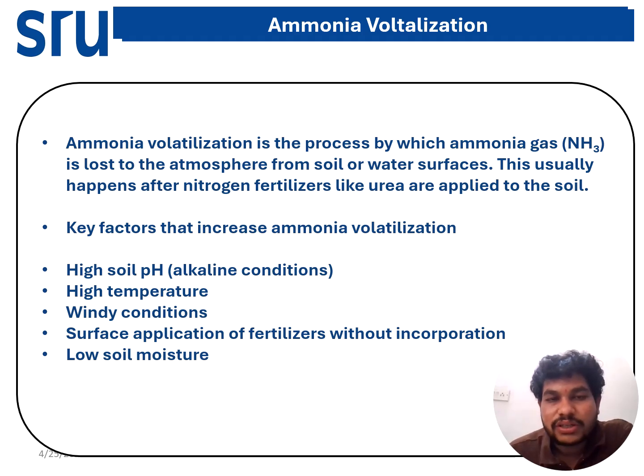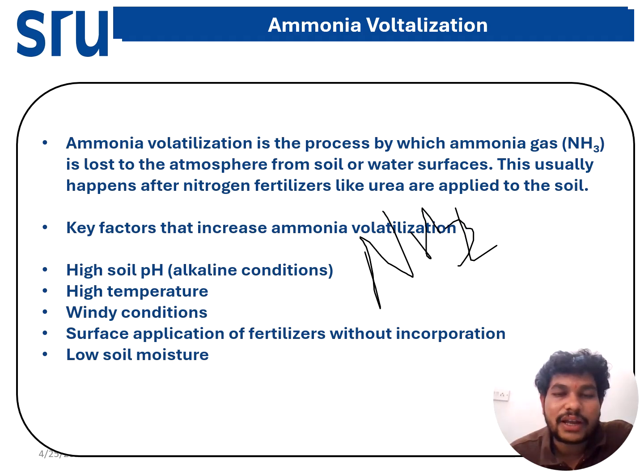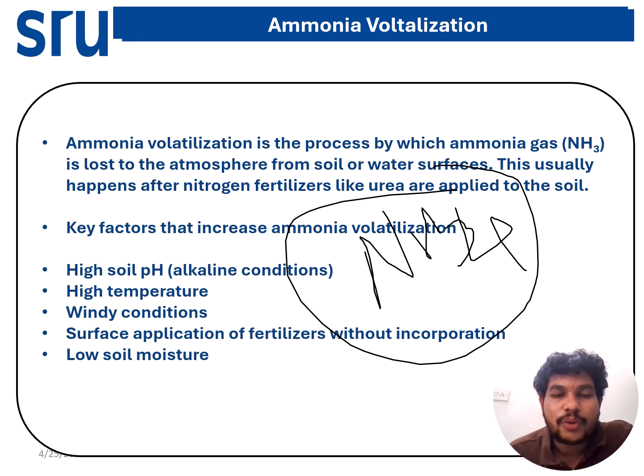And there is no temperature, so the ammonia volatilization is 100% possible. And whatever it is, it will happen because of low temperature also. So mostly this ammonia volatilization is possible with the NH4 fertilizers, like ammonium fertilizer, like ammonium sulfate. When you add these types of fertilizers in a high pH, that is more than 8.5 pH, that time